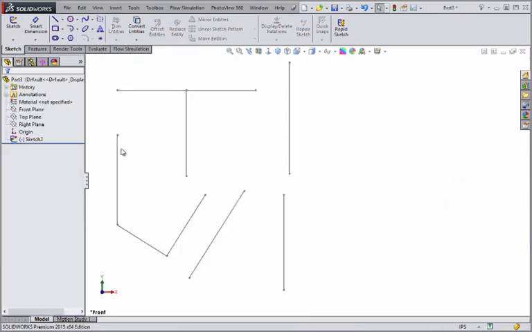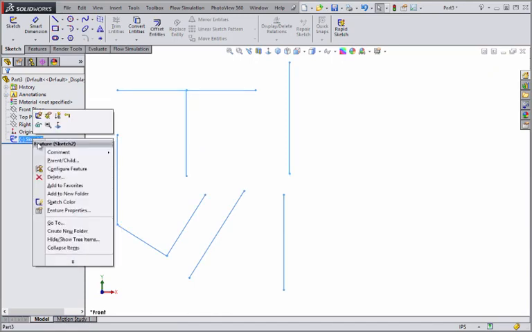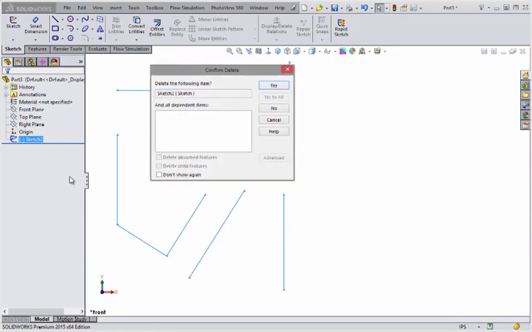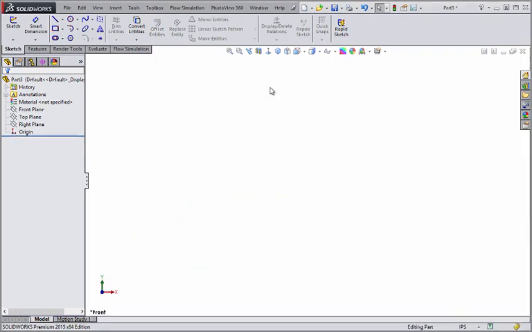Now, if I wanted to delete all the geometry in a given sketch, I can simply right-click it in the Feature Manager and select Delete. I'm then prompted to confirm my deletion. Everything looks as I want, so I'll go ahead and click OK to complete it. In the next lesson, you'll learn how to define your sketches even further using